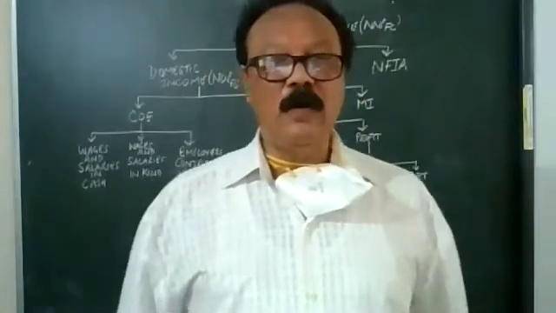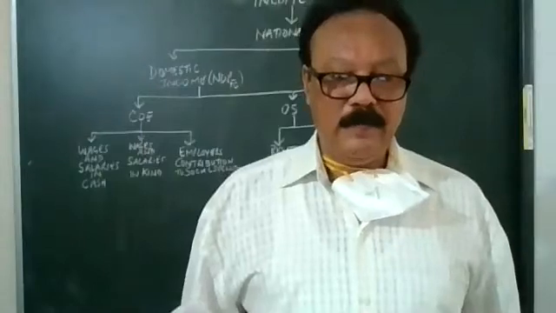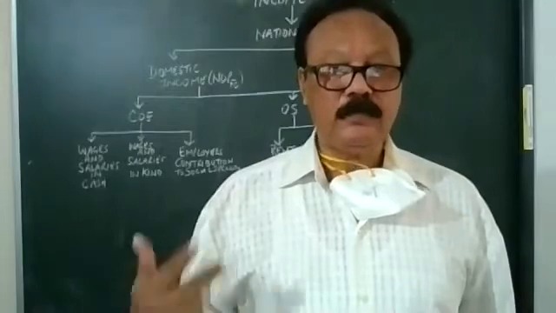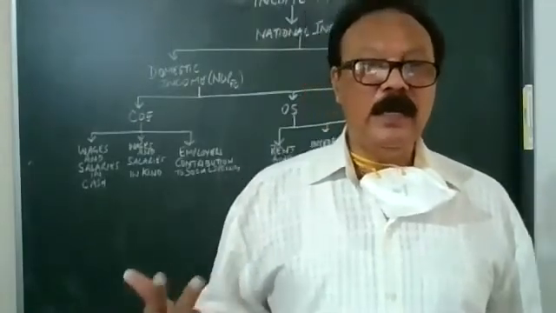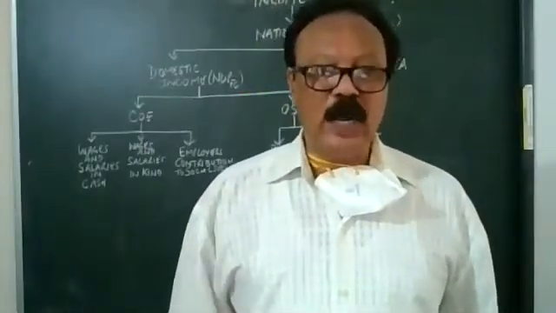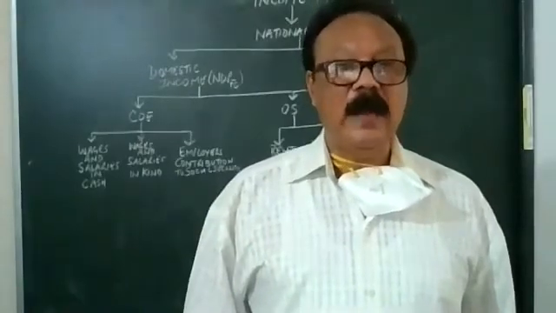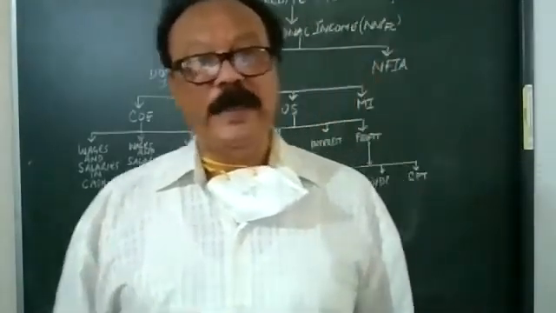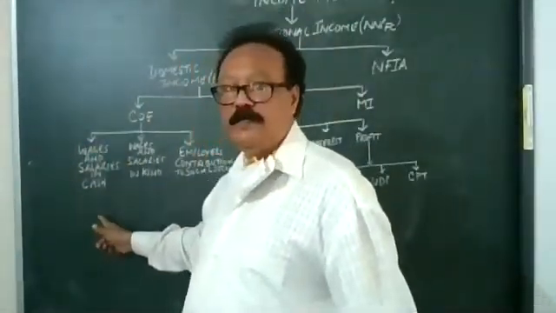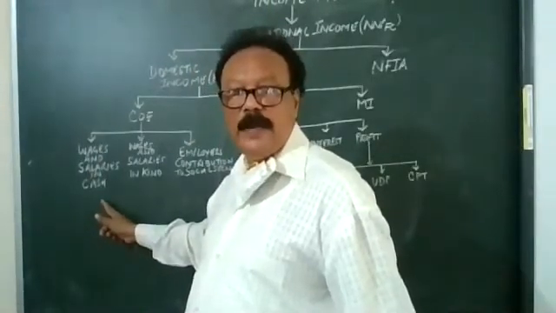I'll go through them once more. Kindly check you have written everything. It includes the payment like basic pay, bonus, commission, dearness allowance, DA, house rent allowance, HRA, leave travel allowance, LTA, and sick leave allowance, etc. All these will come under the heading of wages and salaries. This is how it is paid in cash. All these are paid in cash.